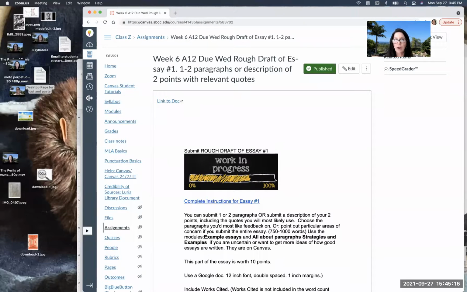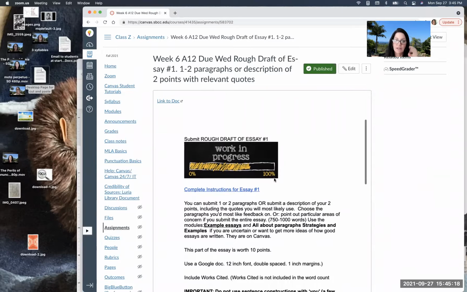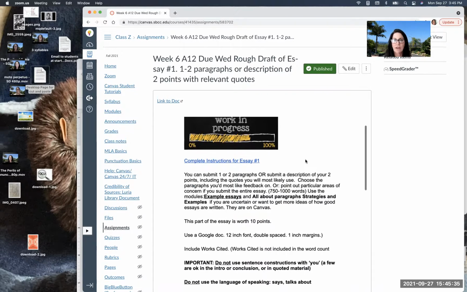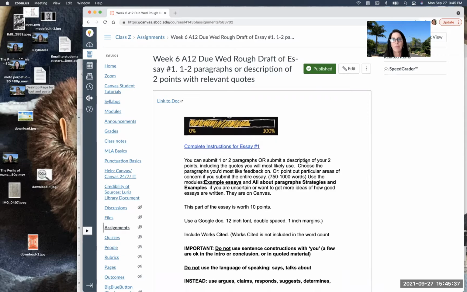So it's a work in progress. So this is just a draft. It's only worth 10 points just as an assignment. It's more that you do it, and that if I can flag you down, someone submitted something today and they didn't have any analysis paragraphs. Now, I'm not sure if they knew that or not, but I pointed it out and a few phrasing things. So I can help you at this point in the process.